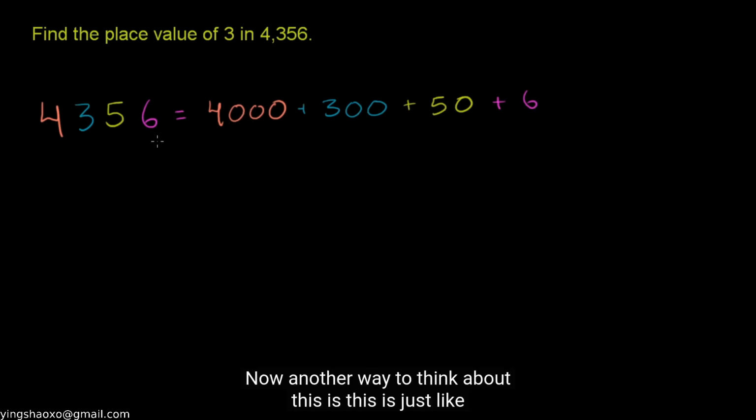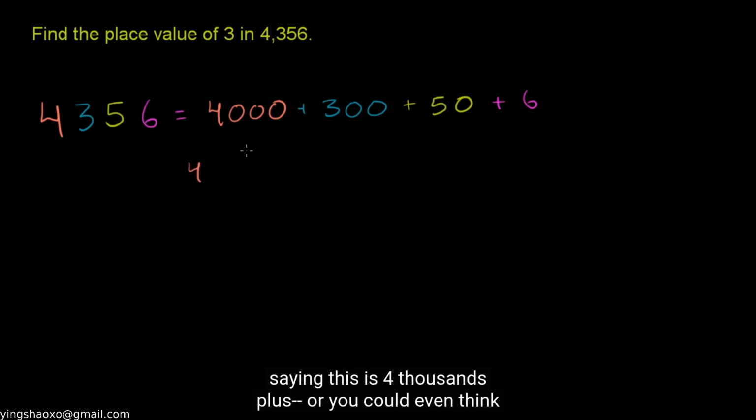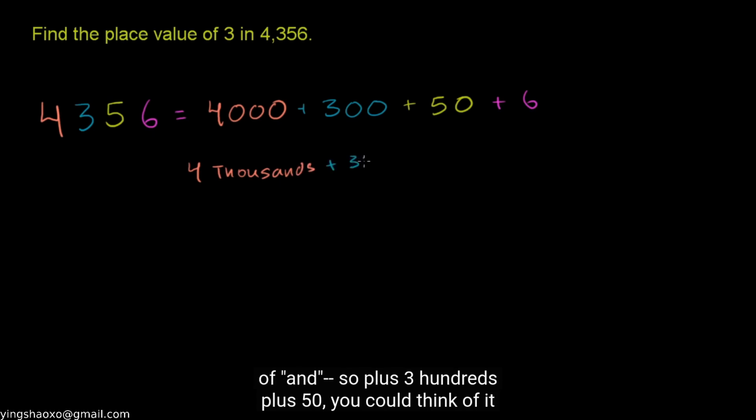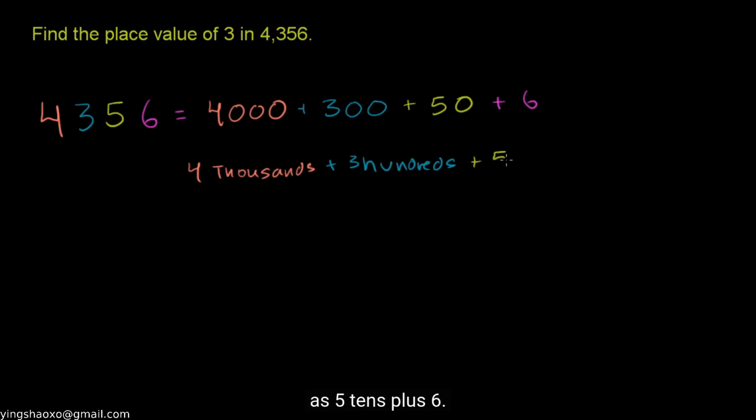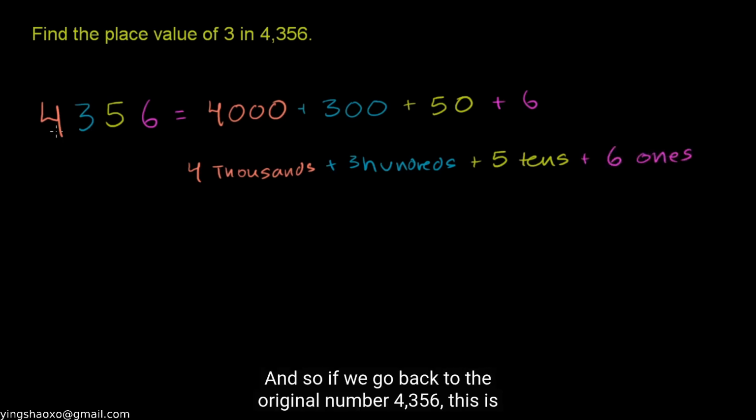4,356. Now, another way to think about this is just like saying this is 4,000s plus 300s plus 50. You could think of it as 5 tens plus 6. And instead of 6, we could say plus 6 ones. And so if we go back to the original number,